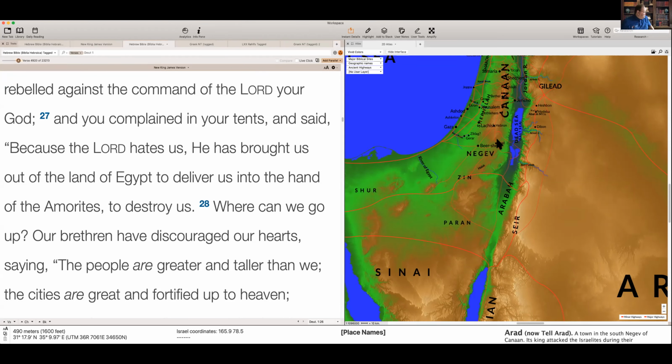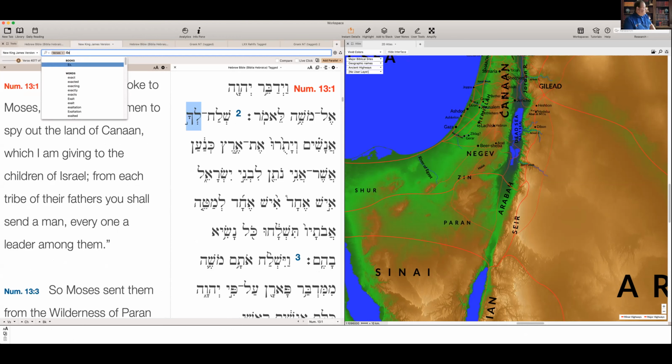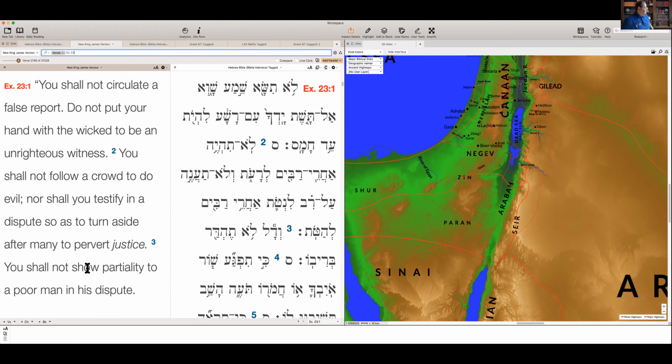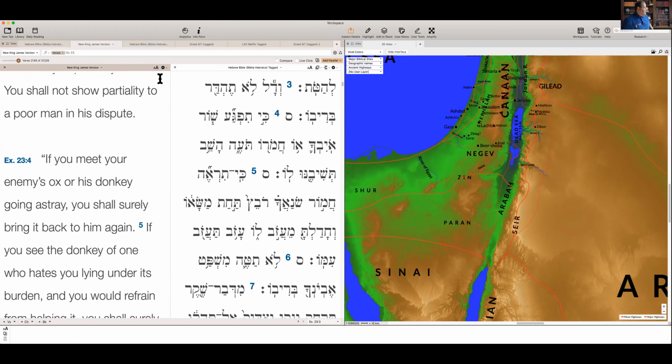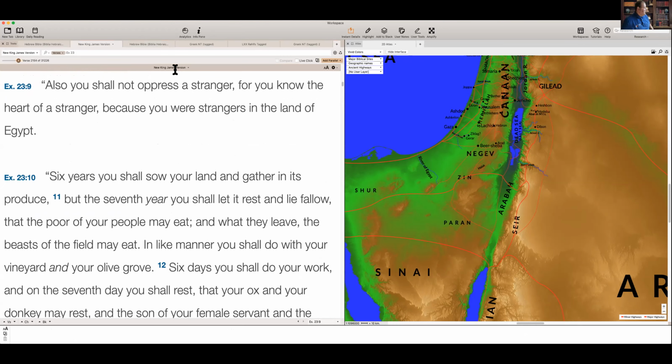And so, well, how were they supposed to do this? Well, if you go to Exodus 23, Moses told them how they were supposed to do this. This was in the book of the covenant. Exodus 23 says here,